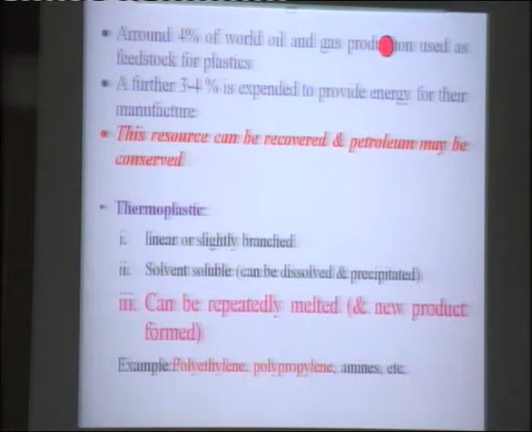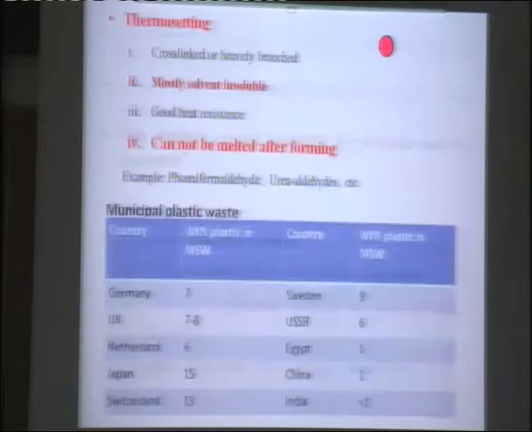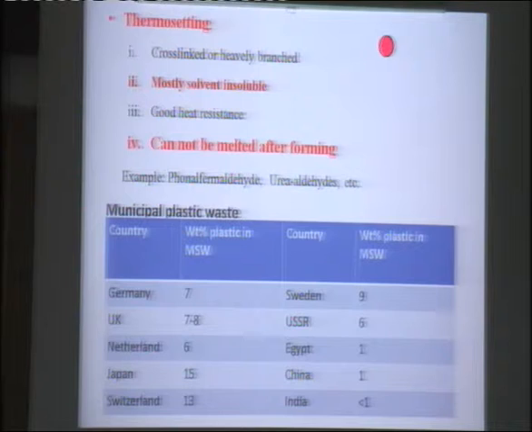Now plastic wastes. I was talking about how plastics can be separated from the municipal waste and we can get energy or power from that. You can see the calorific value is very high, 18,000 to 38,000 kilocalories per kg. The present research work focuses on separation of plastics from municipal solid waste and converting plastics into energy and power. This energy can be in the form of chemicals.